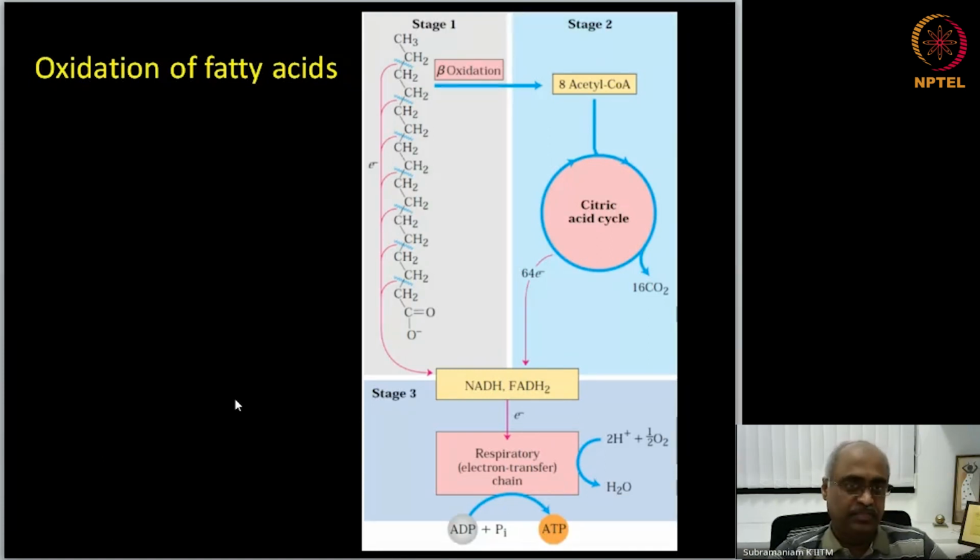All that we saw. So today, once the carnitine shuttle transports the fatty acids into the mitochondria,